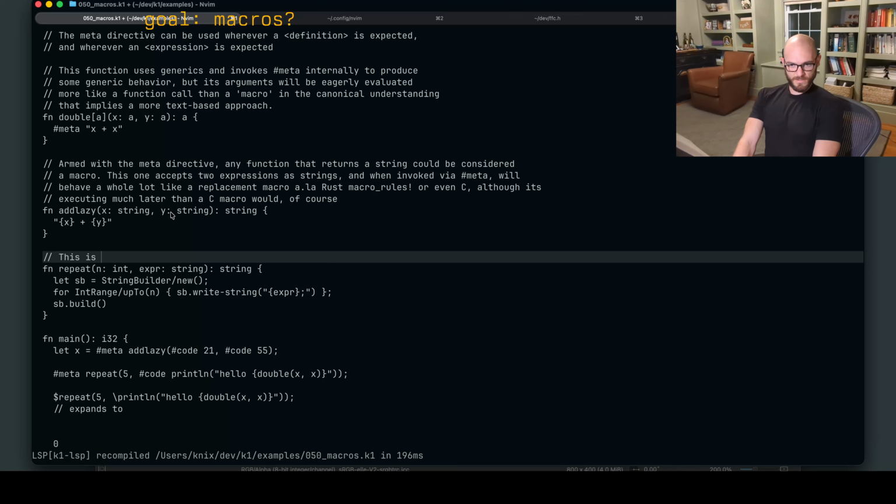This is a dynamic macro that will repeat the given expression n times.